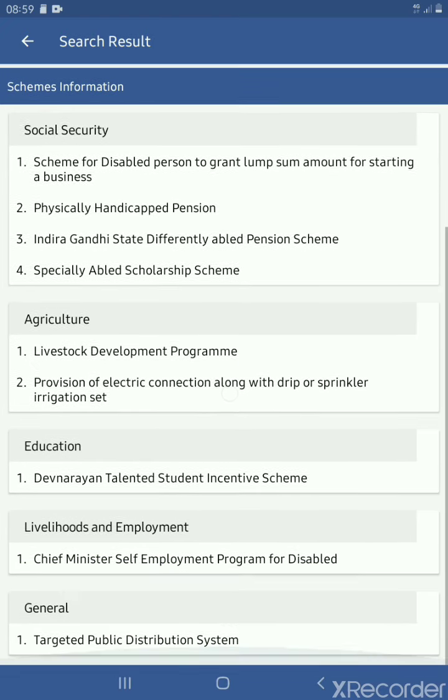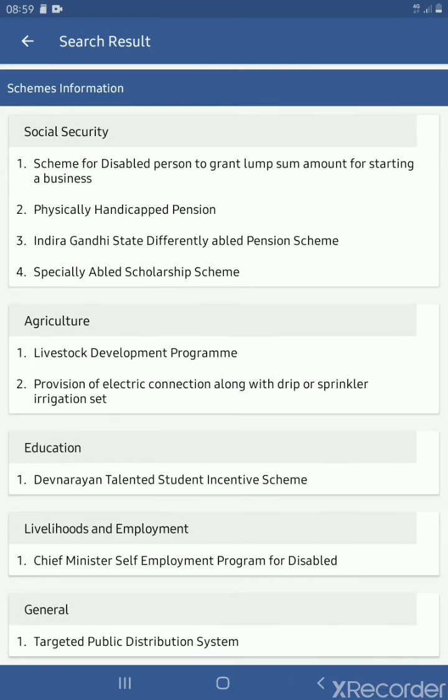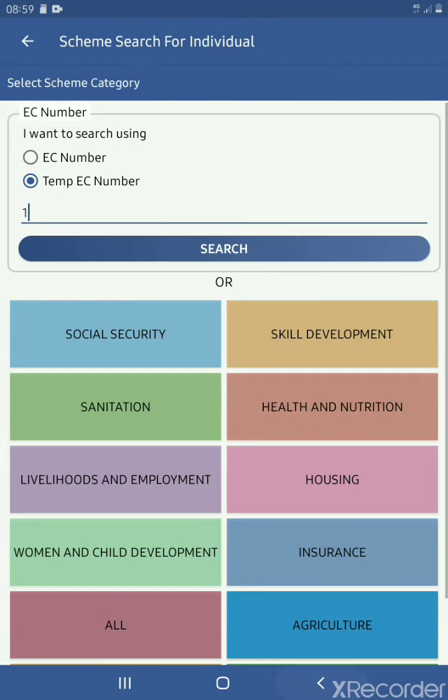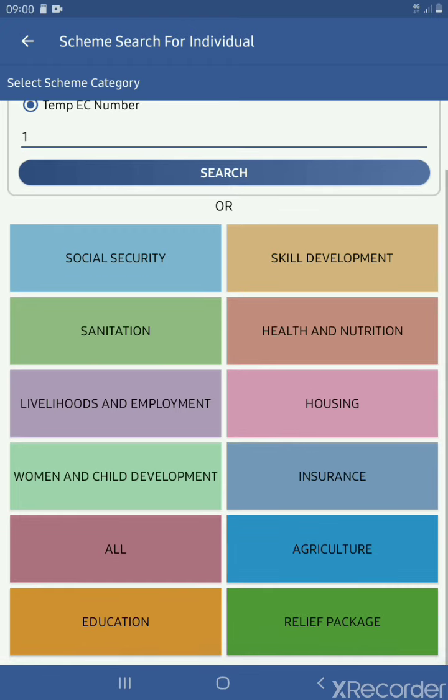So there are 4 schemes for which this beneficiary can apply in the social securities category. Within agriculture there are 2 schemes for this beneficiary, and within education there is 1 scheme. So like this we can see the schemes for which this beneficiary is eligible. Next we can also search the eligible schemes category wise.